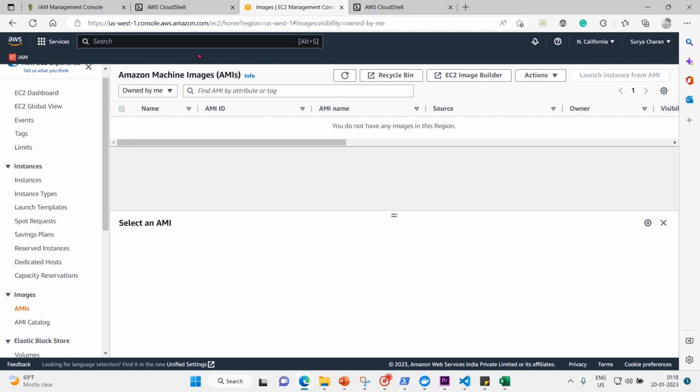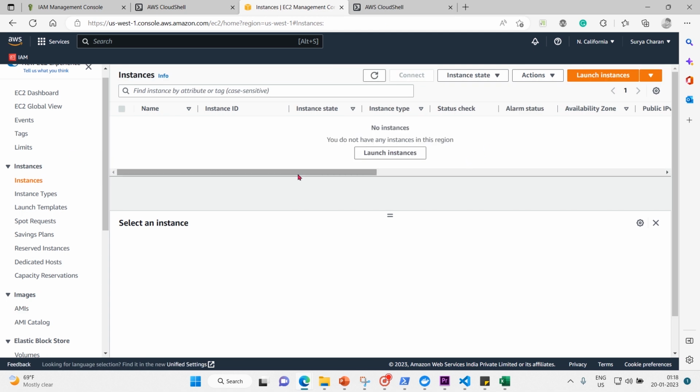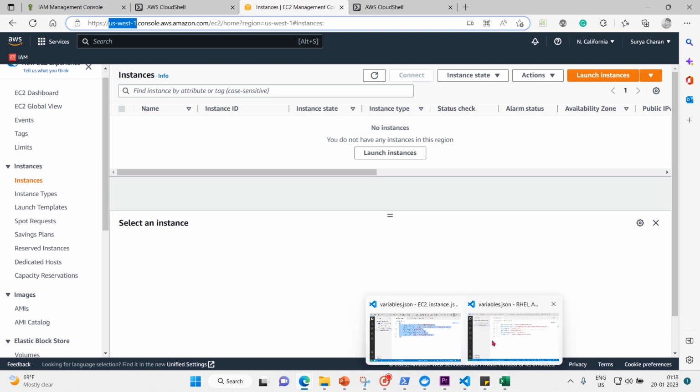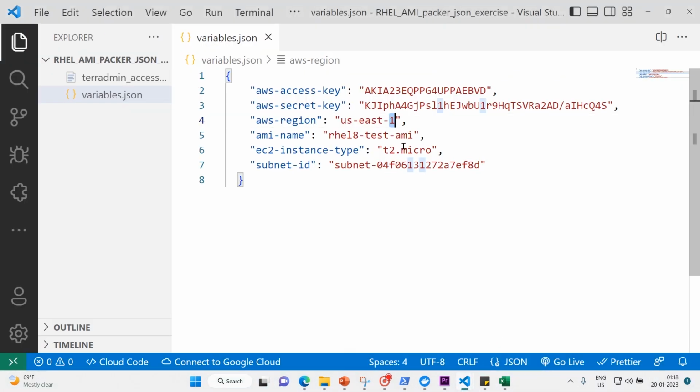It's US West. You can see this, or I'll get into instances so that you can clearly see. Okay, so it's US West 1. So I'll copy this from here and then we'll paste it in our code. So I'm going to use US West 1. Yes, this is done. So now the AMI name I want to give is